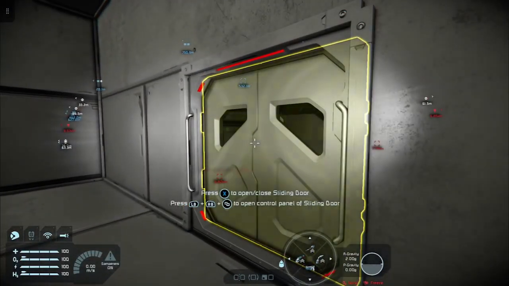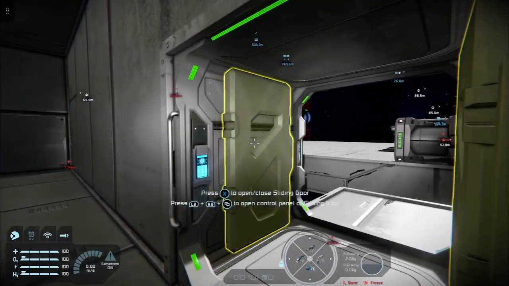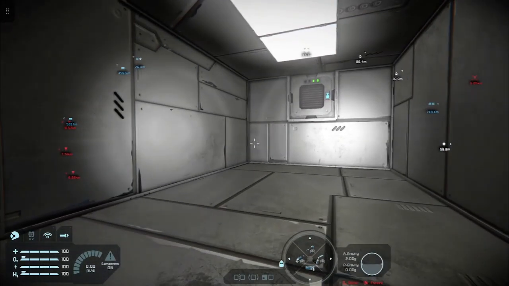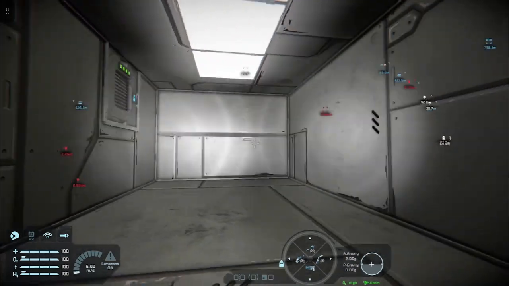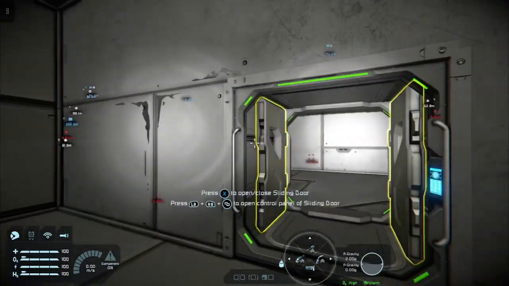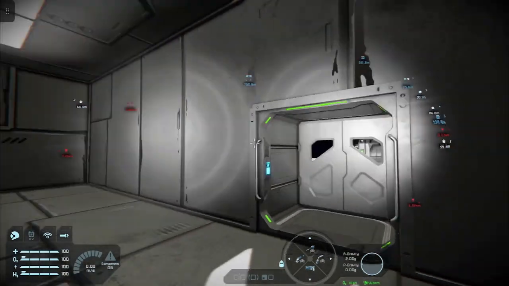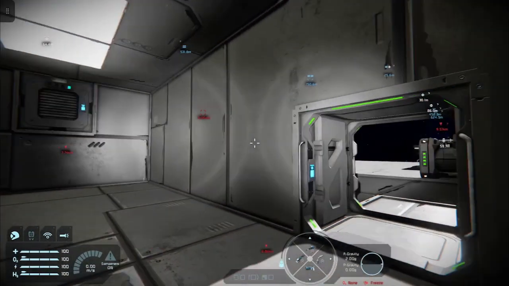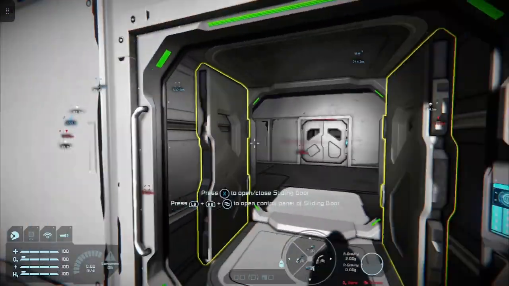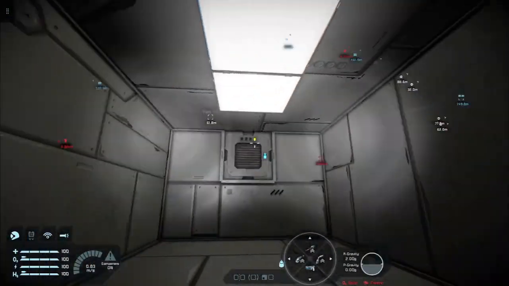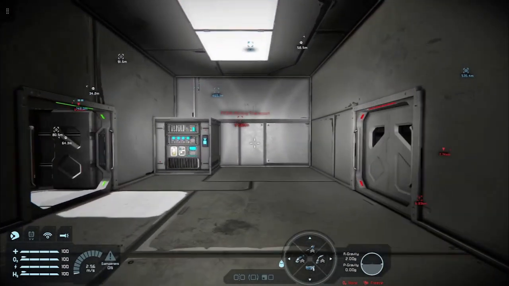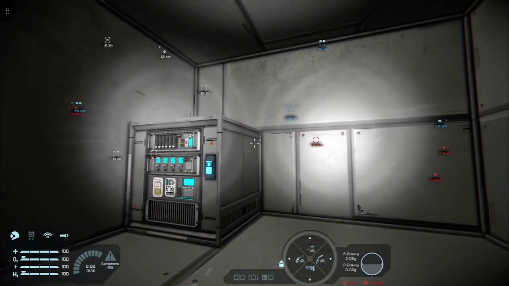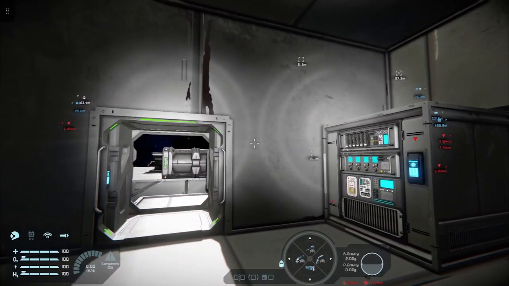Now we can't get in here, and then close this. Now we've got pressurization. That'll open automatically. That's fine. Close this. Depressurization. That opens automatically. Now it's working. There we go. So all it was that I'd set that to on off rather than depressurize on off. Simple mistake to make, but also a good example of how to troubleshoot systems like this on Space Engineers.